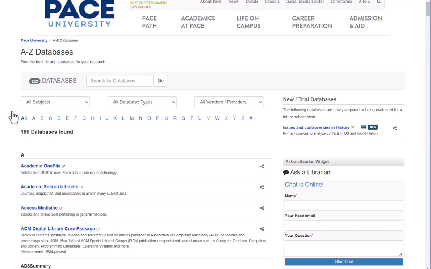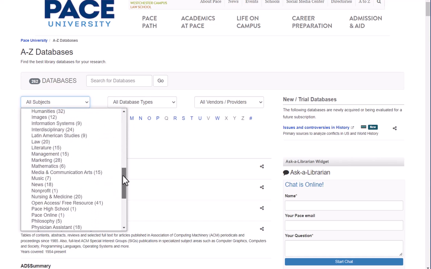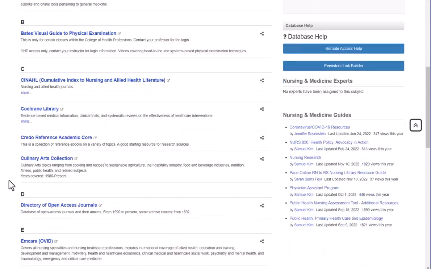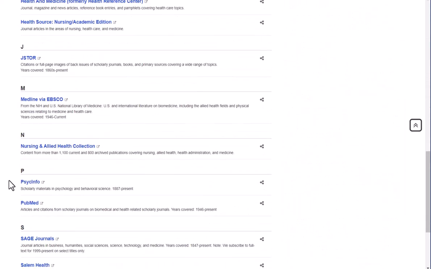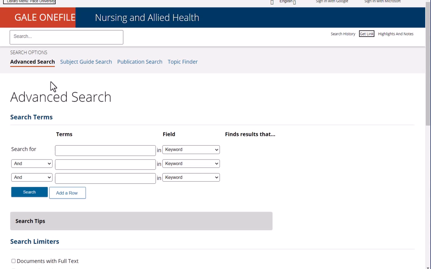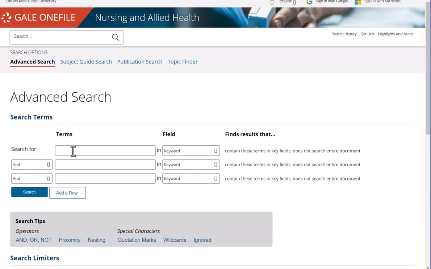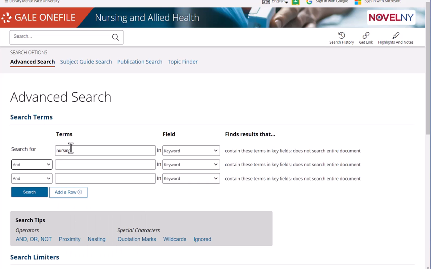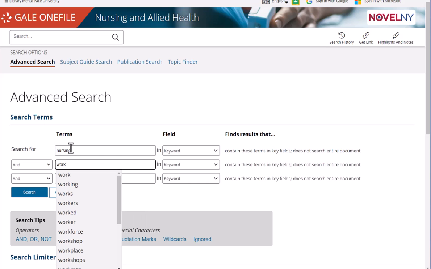You may also want to try to search in a database that is targeted to your career area. For example, if you're interested in becoming a registered nurse, you can go to the subject dropdown and go to the nursing and medicine databases and look for something like the nursing and allied health database. This is good for nursing information, and you can do a search for nursing, but you probably want to be a little more specific. So we can try nursing and work balance